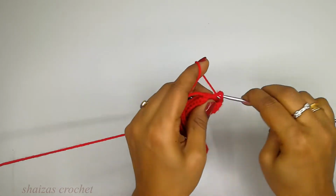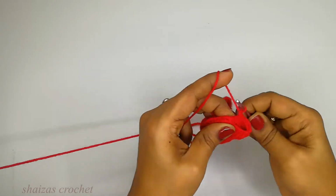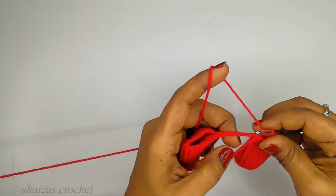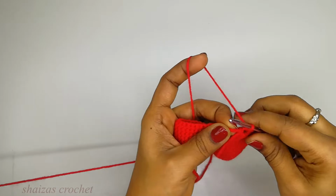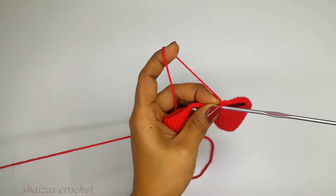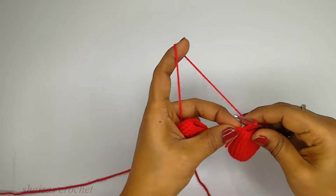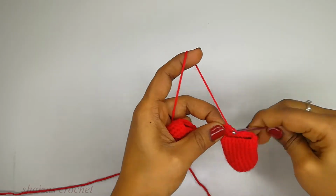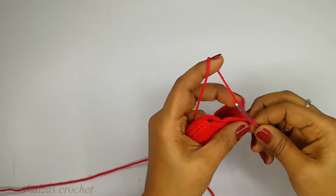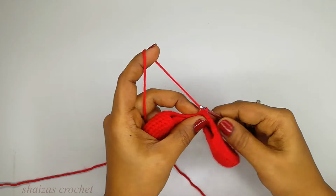1, 2, 3, 4, 5. Into the first stitch, one single crochet, into the next stitch, one single crochet, into the next stitch 2 single crochets, 1, 2,